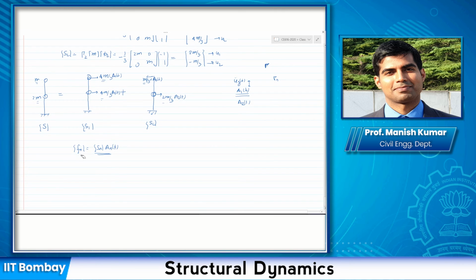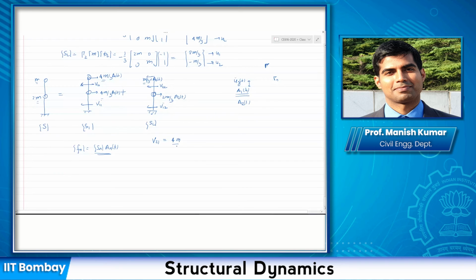Let us consider story shear here. If you consider the equilibrium, what would you get? The total story shear. So this would be your second degree of freedom first mode, and this would be first degree of freedom first mode. This would be second degree of freedom second mode, first degree of freedom second mode. Okay, so we can get U21 as